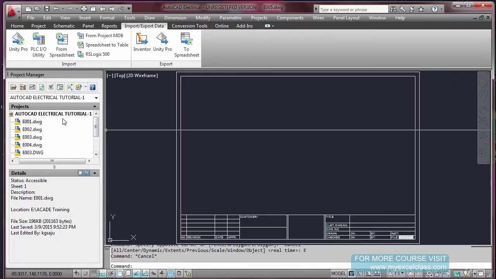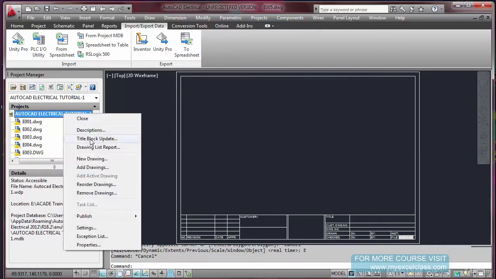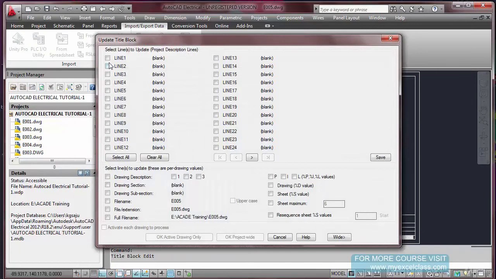Now this is drawing number 5, right? This active drawing is 5. Now go to this project, right click, title block update, select all. If you know how many lines you have to change, that option is also there.